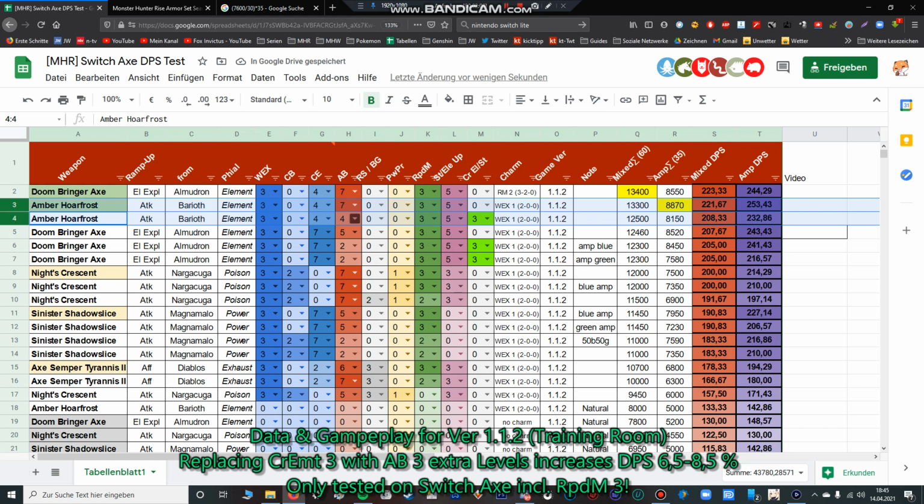On the old set I've shown you we are using attack boost level 4 and critical element 3, and this build does 208 DPS, and in the end state 232 DPS. And now I created another build. I'm gonna show it to you after I've explained the Morph in the video. I've swapped out these three critical element jewels with 3 attack jewels, and now we got attack boost level 7